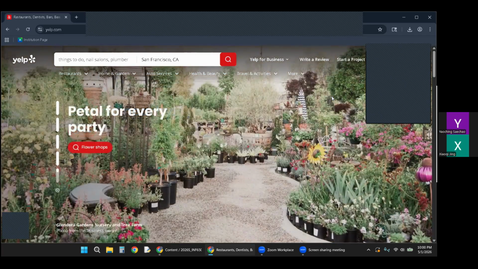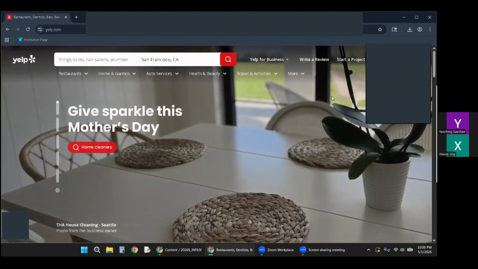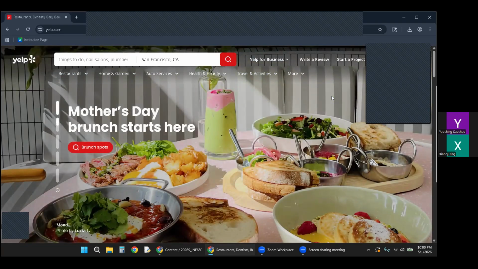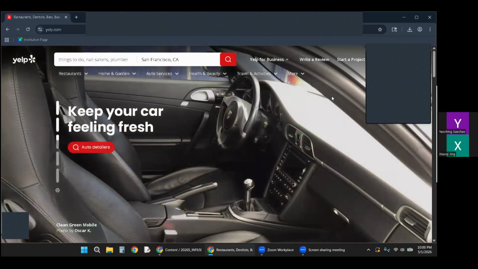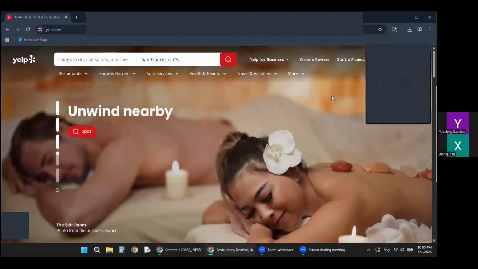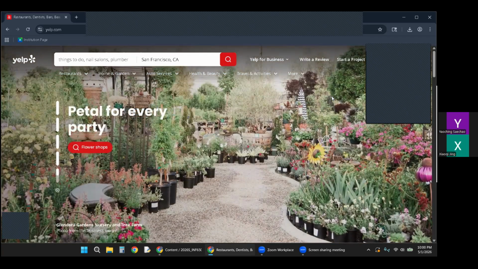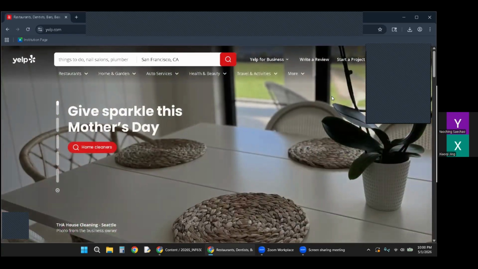And now we will move into the test. I will read one task at a time. Please complete each task in the way that feels natural to you. You can take your time, and please remember to think aloud as you work. After each task, I may ask a short follow-up question to understand your thinking.